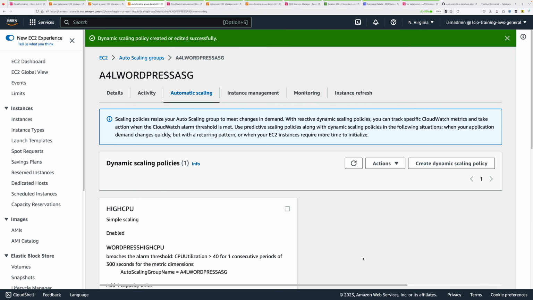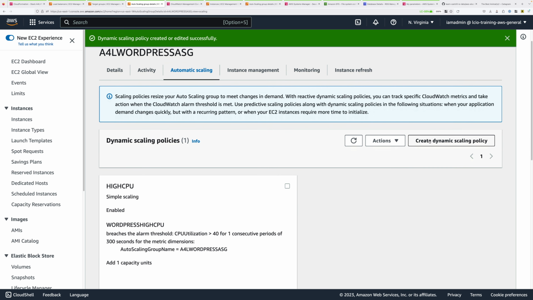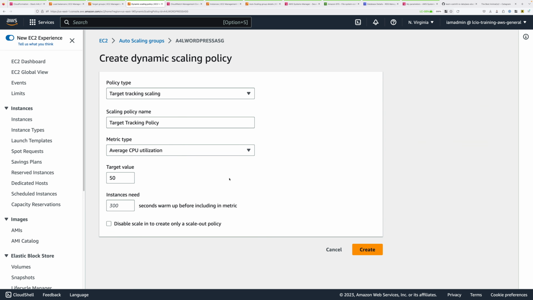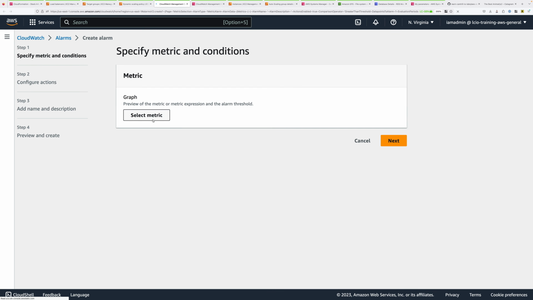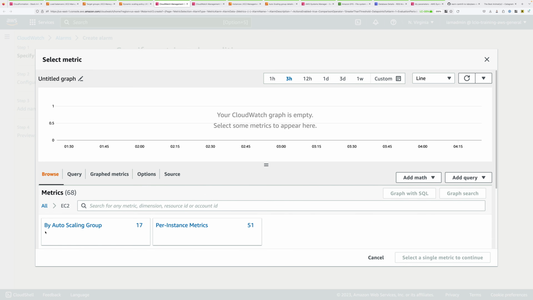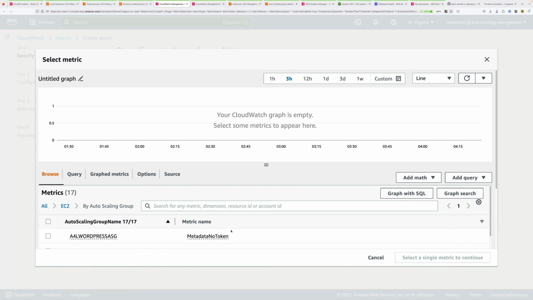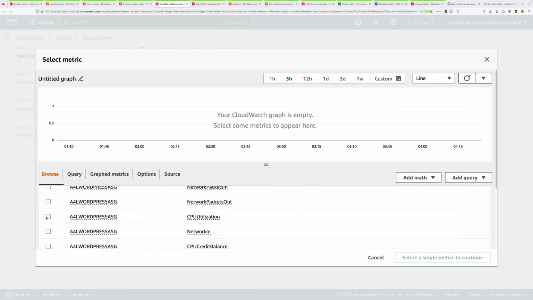Next we're going to create the other side of this. Click on create dynamic scaling policy. It's going to be a simple scaling policy. This time it's going to be called low CPU. We'll need to create another CloudWatch alarm. So click on create CloudWatch alarm, select metric again, EC2 again, by auto-scaling group again, locate CPU utilization and click